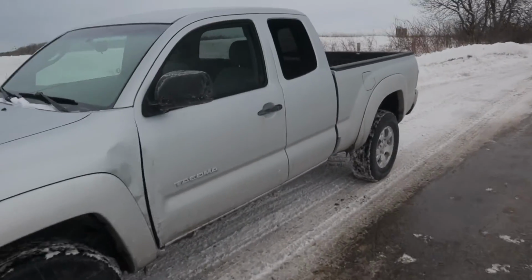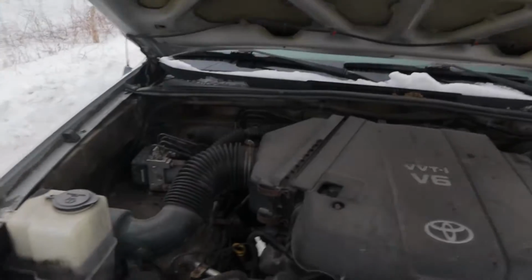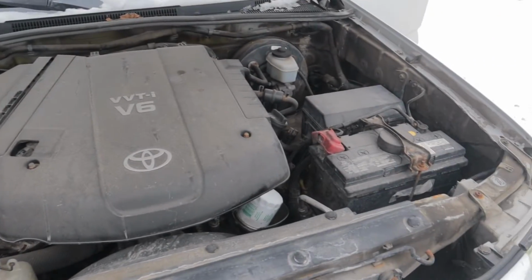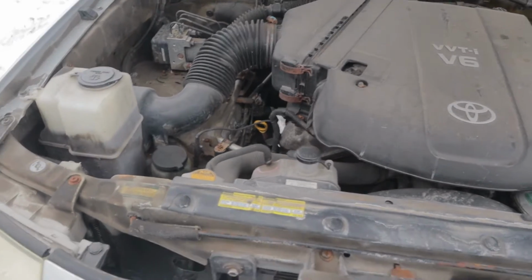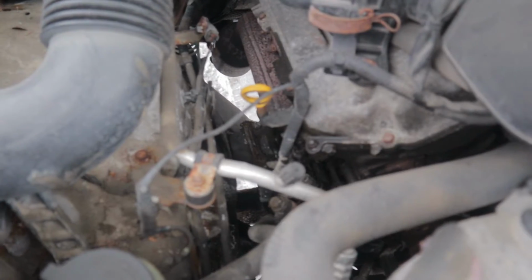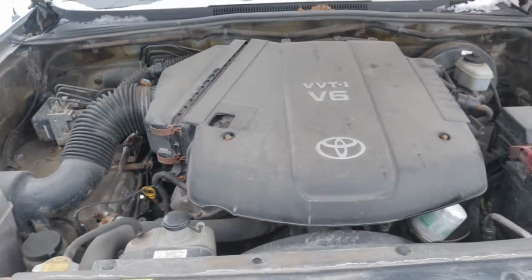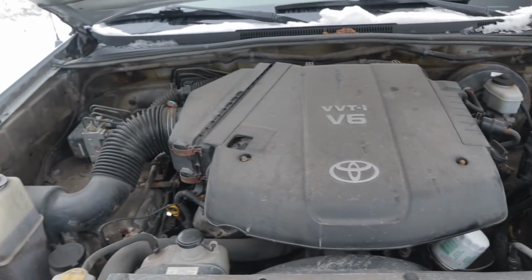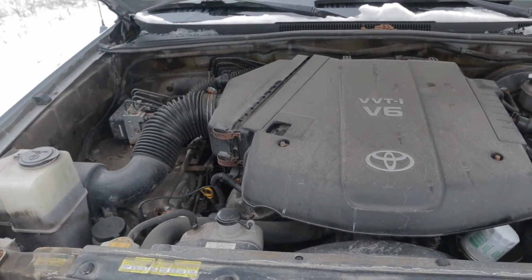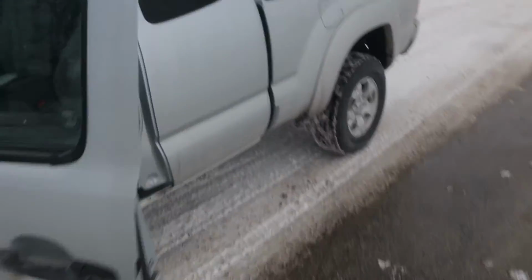Engine-wise, let me just show you real quick. Okay. Engine-wise, yeah, of course it's dirty, but it's not bad. And I can see it's got a bit of an oil leak here. Looks like the valve cover. I'm going to assume that's probably just a gasket, not a big deal. Other than that, it seems like it's in good shape. Again, I'm not super familiar with these V6s, but I think they're pretty strong engines. And Toyota used them in all kinds of trucks, so...